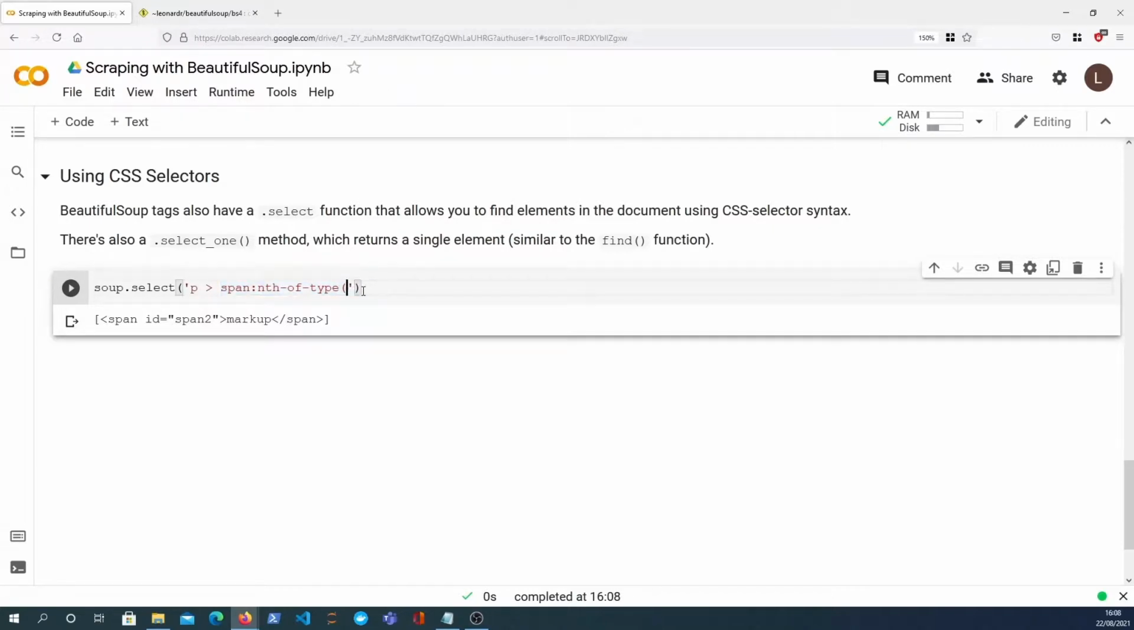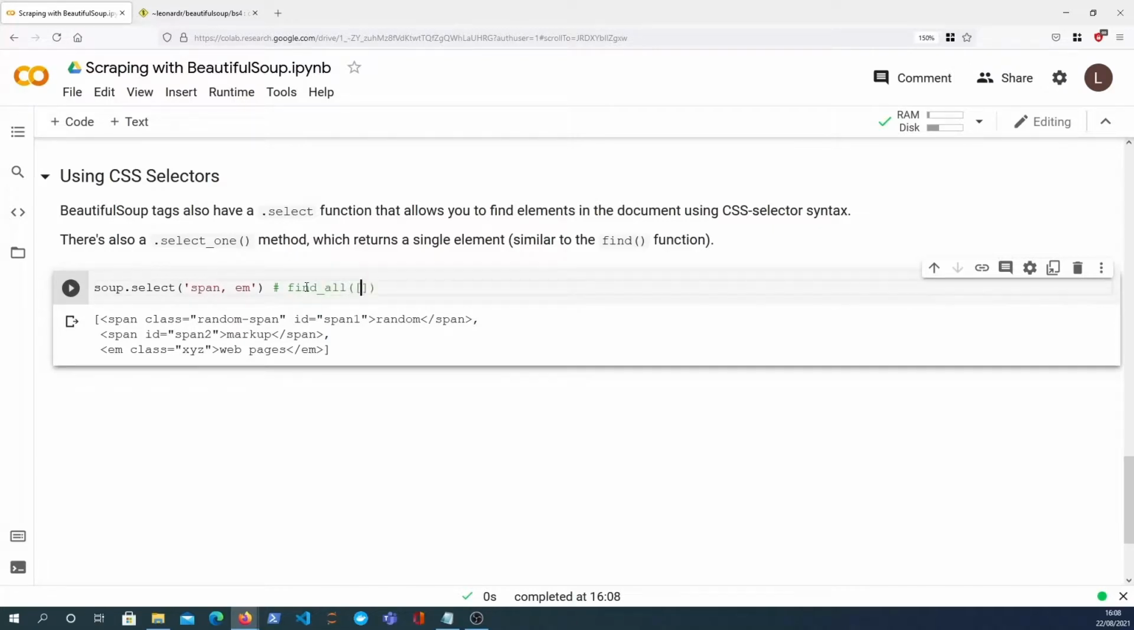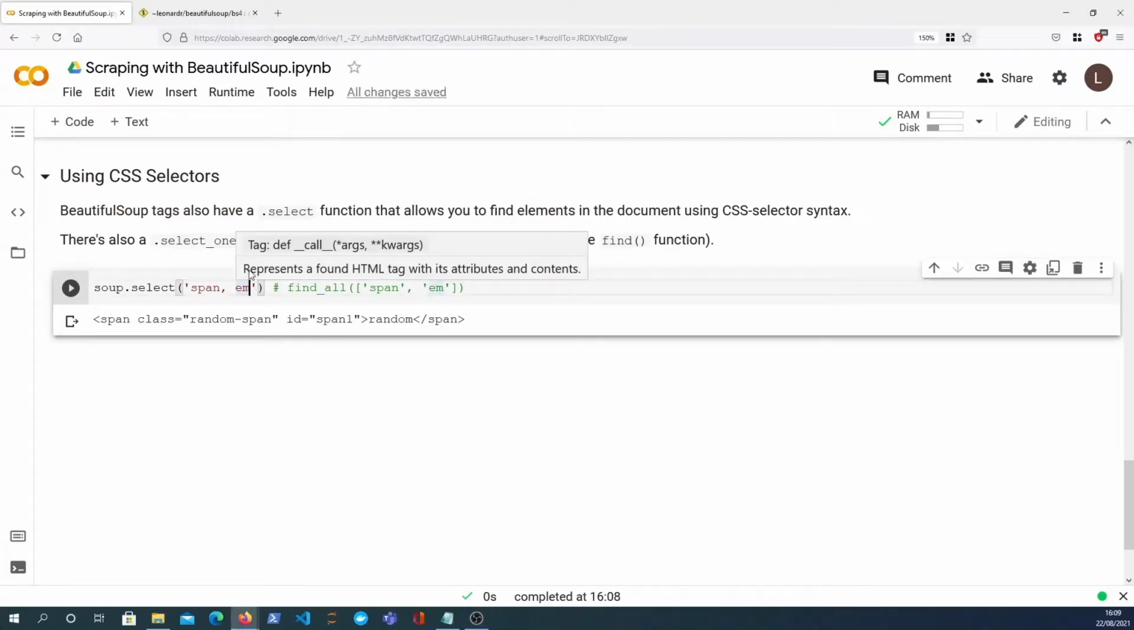And we can also find multiple elements by comma delimiting the values. Let's say we wanted to find all spans and all EM tags. We just comma separate them and we get them back. That's basically equivalent to FindAll, where you pass in a list of span and EM. They give the same result, a list with the elements. So you can see the power of this. It allows you to build up expressions using CSS syntax, and that can be quite elegant for finding particular elements in the document. And if you're a web developer, this syntax is natural and can be very useful if you're